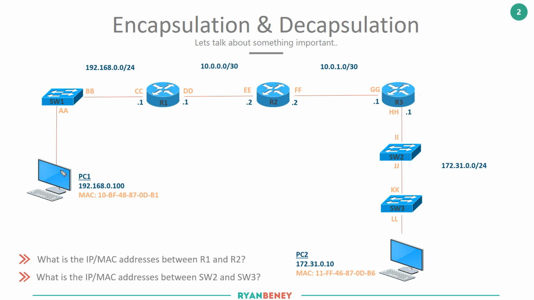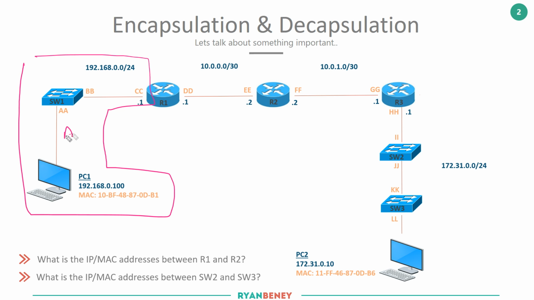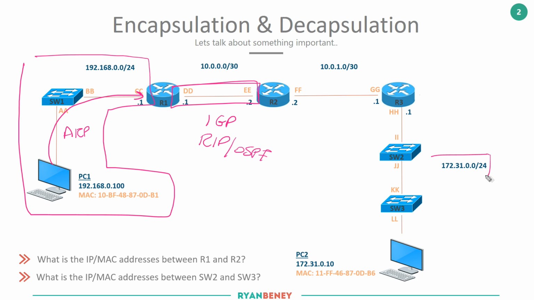So for example, we've talked about communication on a segment and how to get off a segment. This is primarily used by ARP. The PC will go towards the default gateway. What we haven't spoken about is how router 1 and router 2 communicate through an IGP like RIP or OSPF in order to exchange routes in order for router 1 to know how to reach the destination network. But understanding what happens on a per hop basis and how to get off the local network is the first step in building the bigger picture towards understanding the full